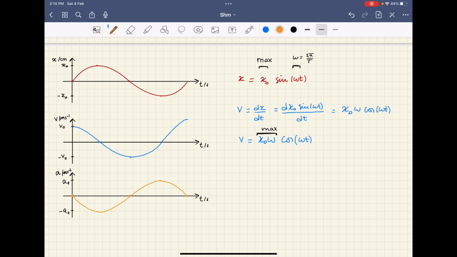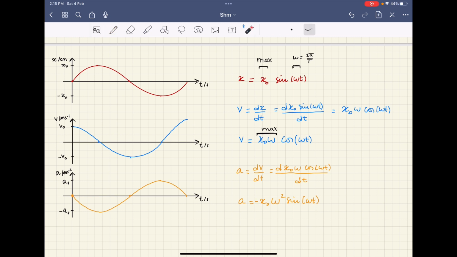Last thing, if we would like to find the acceleration, we would derive the velocity in time. So the derivative of x0 omega cos omega t in time, and you will get that acceleration is equal to